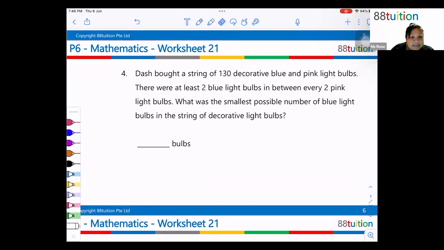So now for question number 4, for those of you who did not get 86, there's a number of you who did not get 86. So I'm just going to quickly explain this question. Dash bought a string of 130 decorative blue and pink light bulbs. There were at least 2 light bulbs in between every 2 pink. So that means blue light bulbs in between every two pink light bulbs. This is what it means. So 2 blue between 2 pink. So that means if I were to repeat